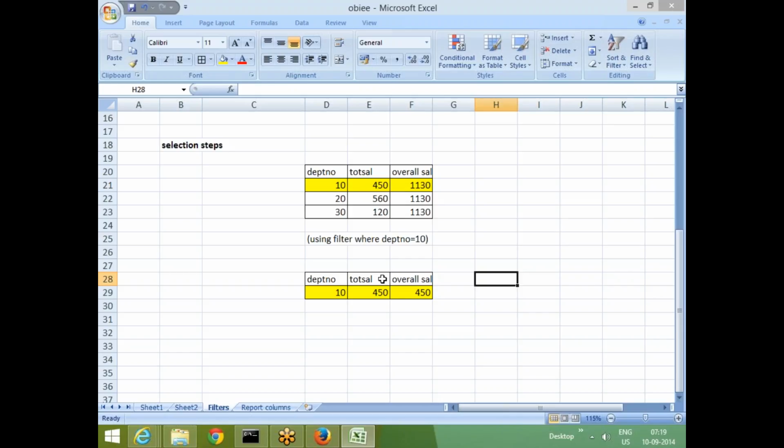But if I have a requirement like this, I want this kind of calculation. This is the overall entire organization data. I want to calculate the total salary in department 10 and how much of the overall total salary it is, as a percentage. So this divided by the overall gives some percentage. That will not be possible with a filter. So if I use a selection step,